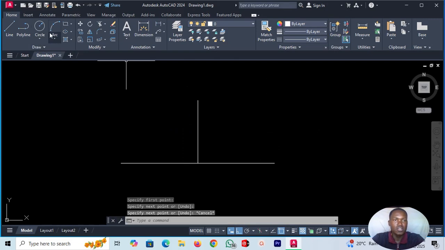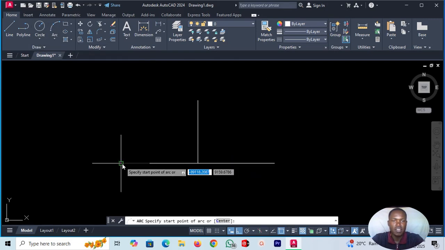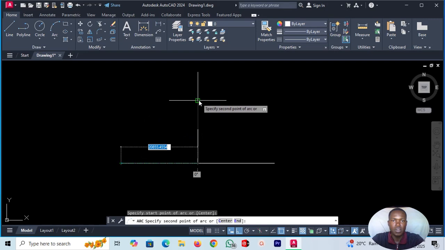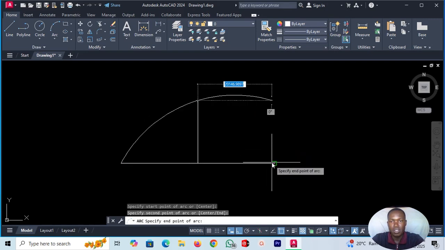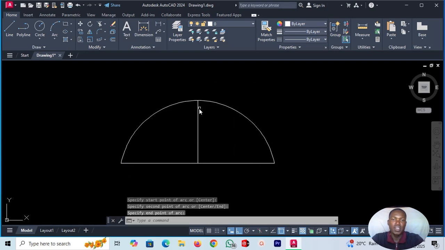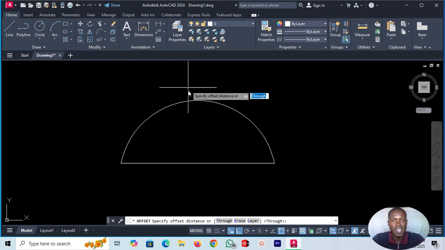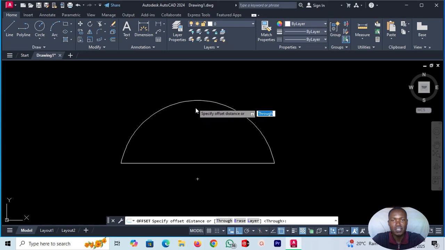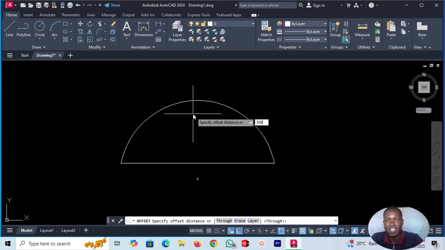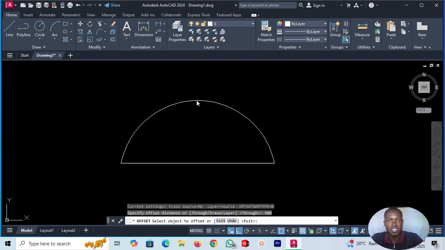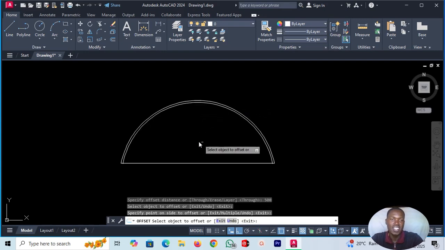Escape. I draw my 3-point arc. Let's say the first point is here, the second point is here, and the third point is here. I draw my arc. Escape. Remove it. And I want to set this arc by 500, press enter, this object by 500, and maybe I have a line here,